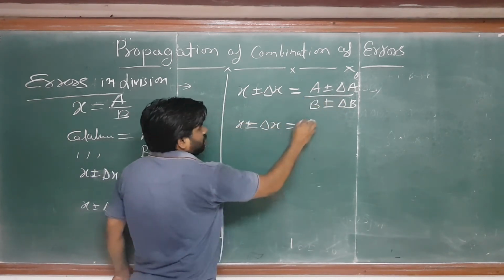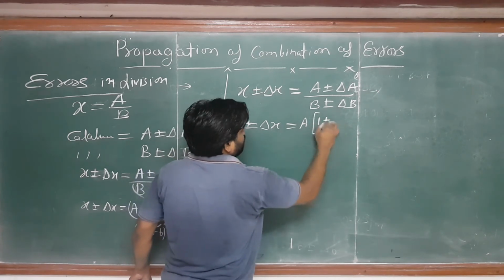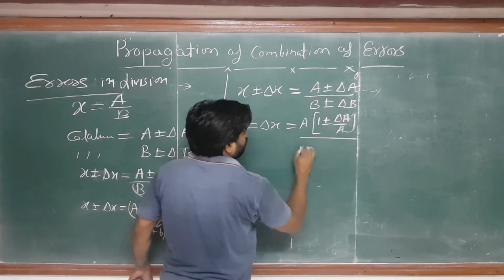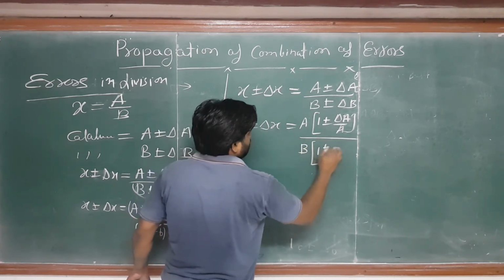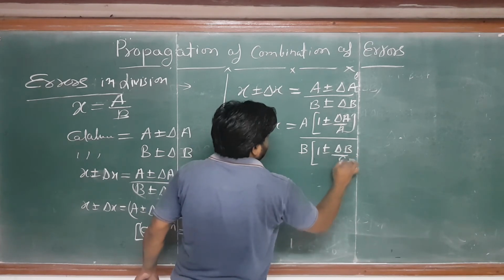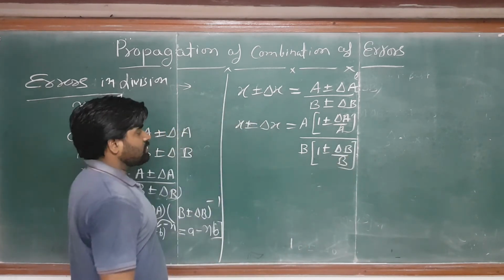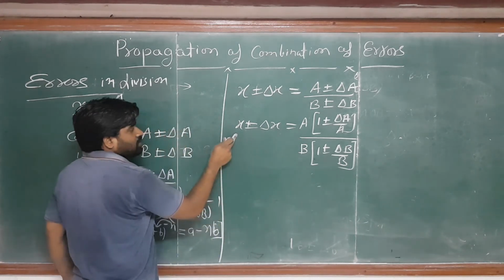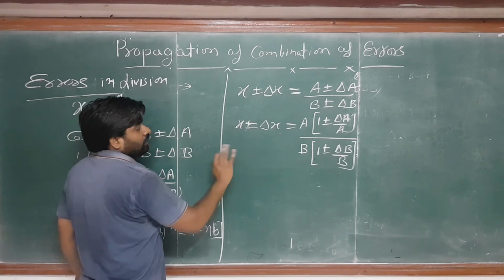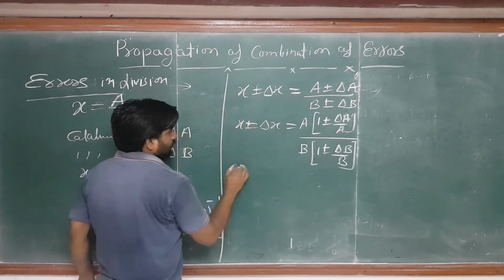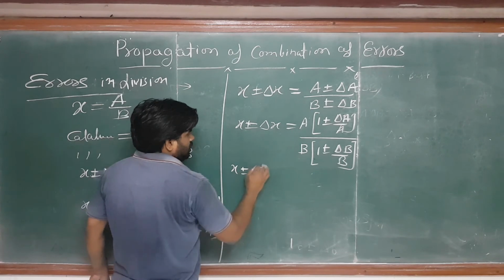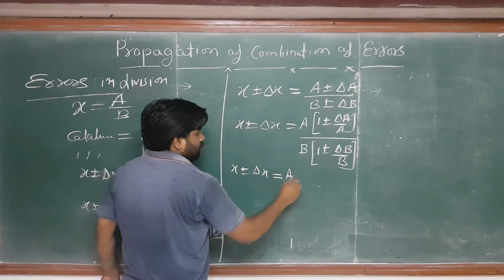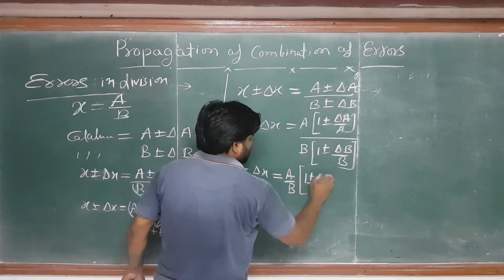Let us take one common out of this. If I take a common, then here it becomes 1 ± Δa by a. And if I take b common out of this, then b comes as common, then 1 ± Δb by b. Okay, this common will come. After this a by b would come, and that a by b is equal to x. So you can cut it then and there. No need to cut, we will cut later. Then x ± Δx is equal to a by b, and here it becomes 1 ± Δa by a.